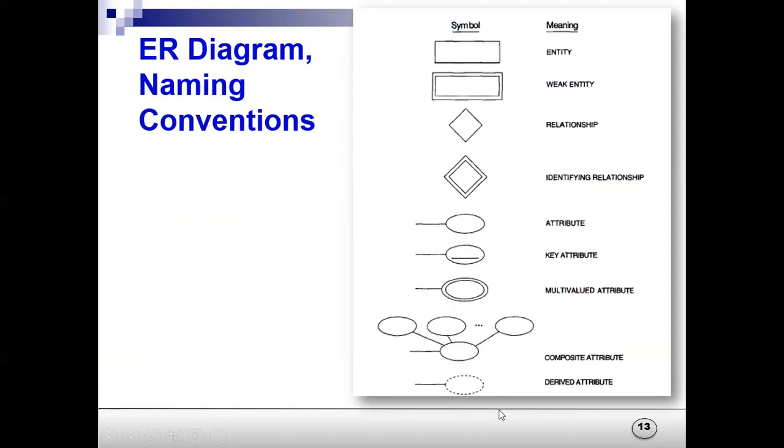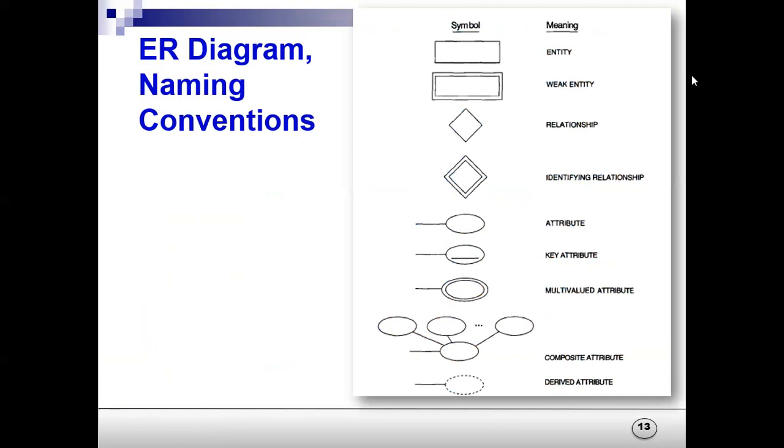So I'll show you the diagram. This is very important. This naming convention, how do you represent it? Because we draw the tables, diagrams. So here you see this rectangle means entity. Whenever we have this double rectangle, it means weak entity. Weak entity we'll study, of course, but for now, weak entity is something which does not have a unique key, that is the primary key.